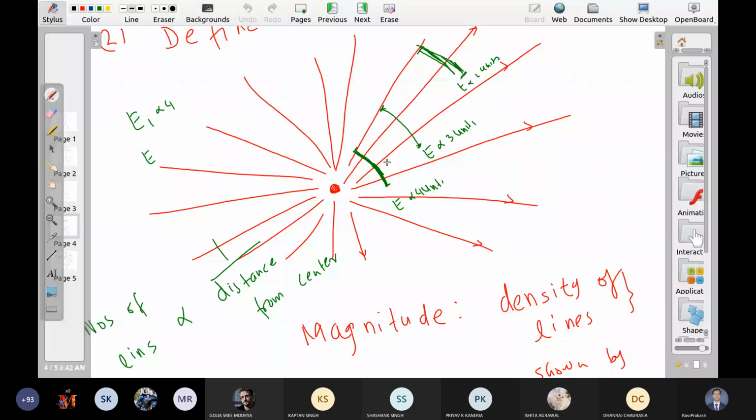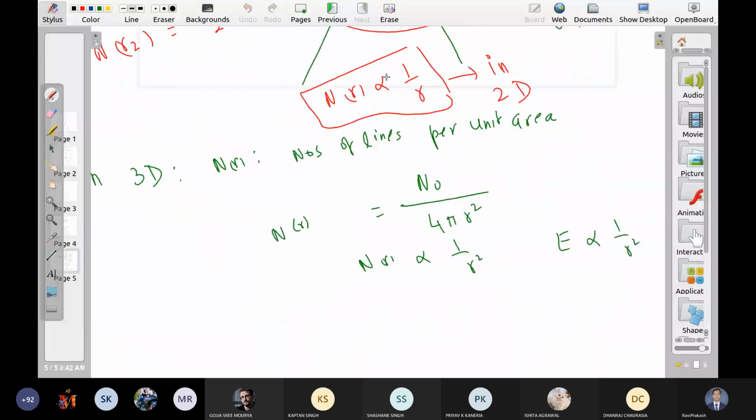If you are trying to show an electric field, a vector field, in 2D on a 2D sheet, your approach is not right, because in that case you will get a 1 by r behavior. So actually you should make a 3D diagram, but since that is very difficult, we stick to this incorrect convention. But whenever possible, make a 3D vector field diagram if you want to be accurate.